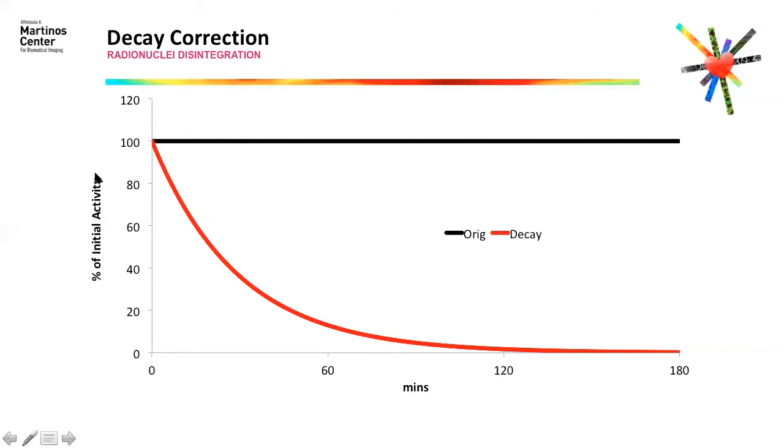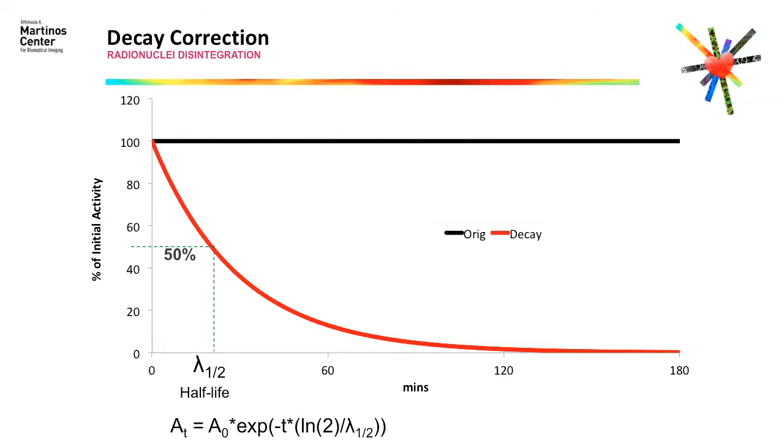So in terms of the initial activity, if we have 100% activity at time 0, the decay of the radionuclide is going to be going down following an exponential with what is called a half-life, which is the time by which the initial activity of the tracer has gone to half. That's called the half-life of the radiotracer. So this follows an exponential with this half-life as part of the exponential term, okay? And that's always the case for every positron emitter